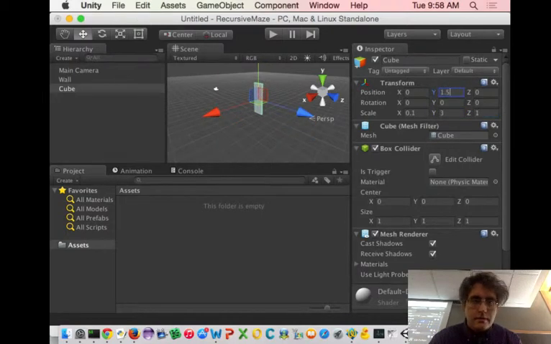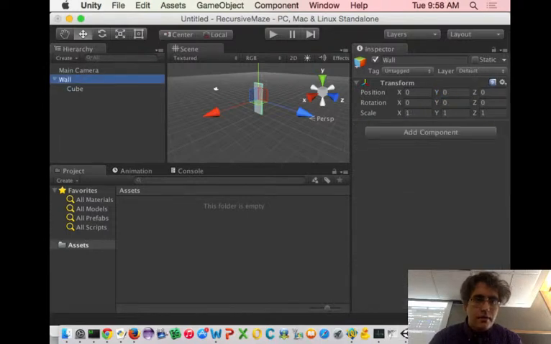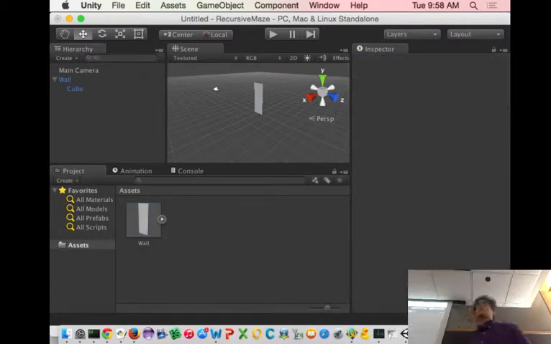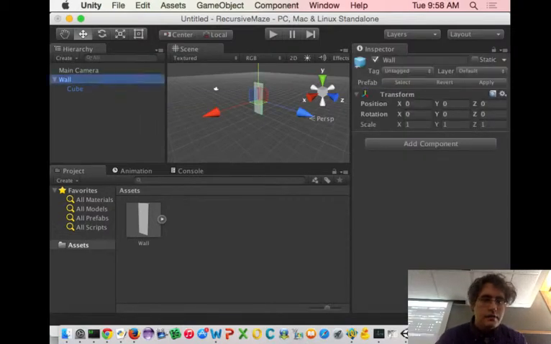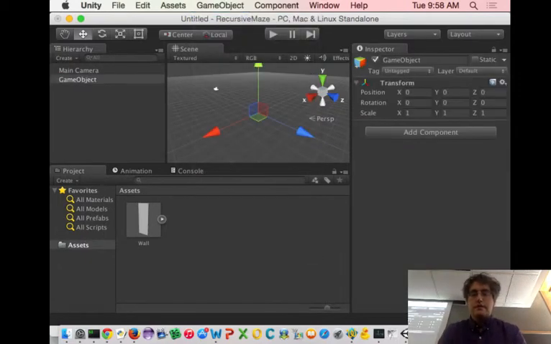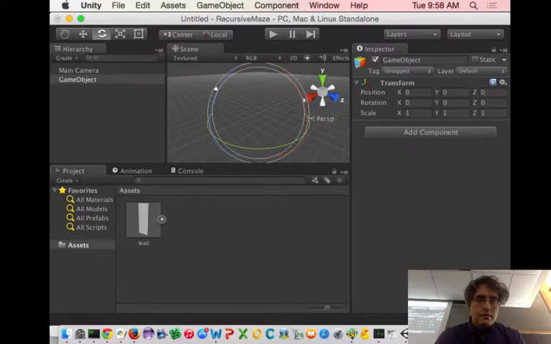Make it tall, stick it under my wall, and make it a prefab. Okay, so I've got a wall that I can use. And now that it's a prefab, I don't need it here anymore in the scene. I'm going to generate them automatically. Okay, second thing I want to do, let's make